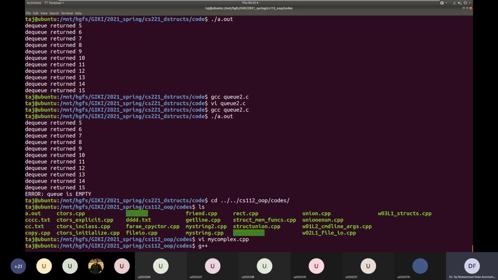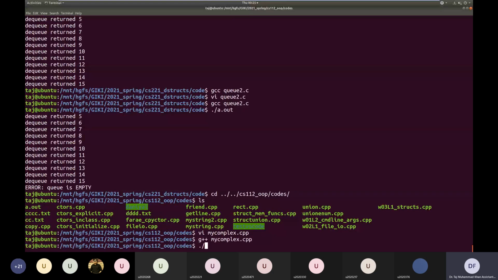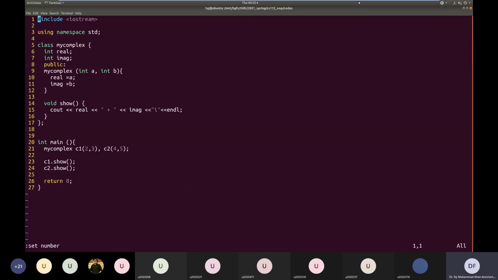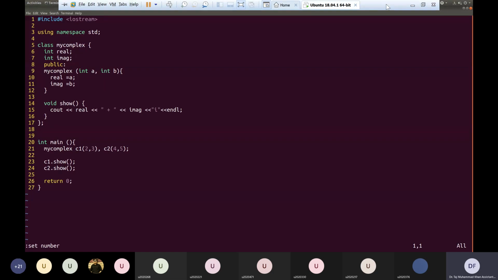Good. For a long time, compilation without any error. So you see, I've declared two complex numbers and displayed them. Okay, is this code clear? Any questions about the code so far?